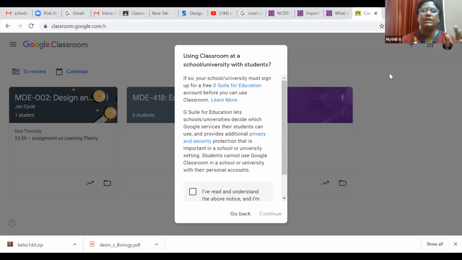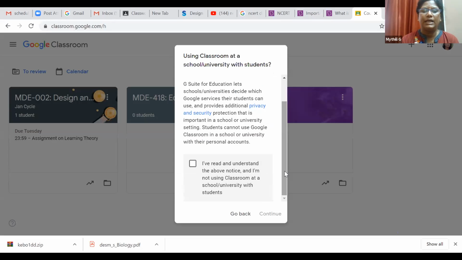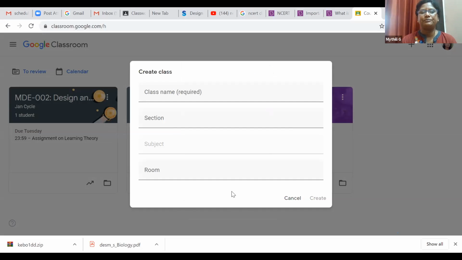It will ask you to accept the terms and conditions for using the classroom at the school or with students. I understand the terms and conditions, so I click continue. Now you have to create the class, and naturally we have to give a name for the class. I will demonstrate with our own school information. I have the 11th standard, that is 10 plus 1, biology subject.